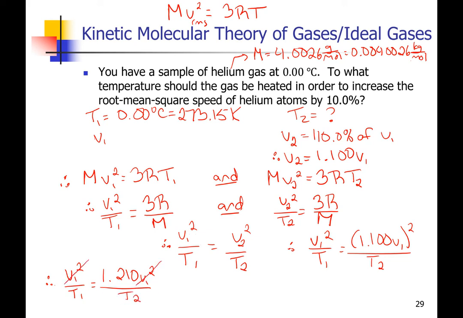The V1 squareds cancel, and therefore 1 over T1 is equal to 1.210 over T2, and therefore